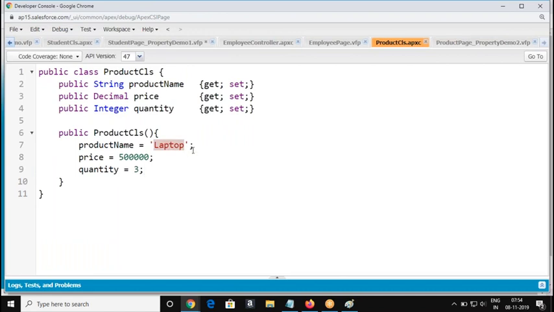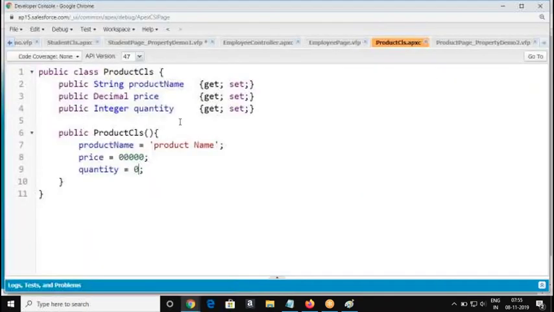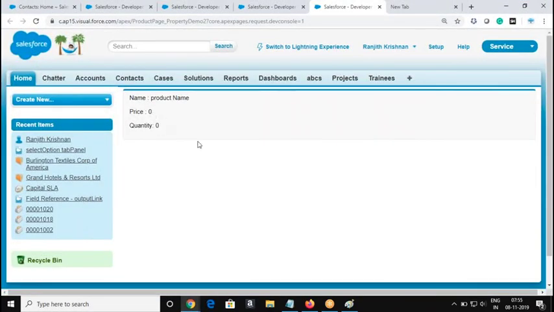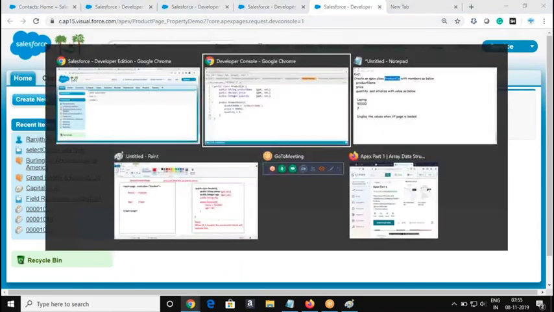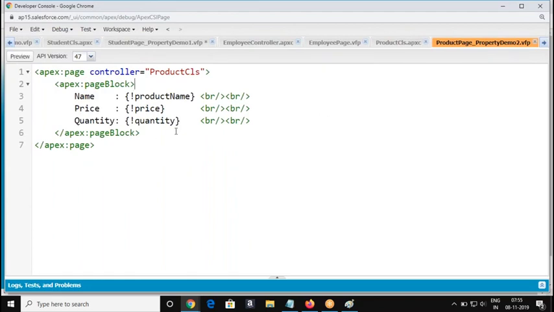See, when the page is loaded, I just display some initialized values like this: a product name, some price and quantity. But when a button is clicked, I would like to display some actual product name, price, quantity, and all.